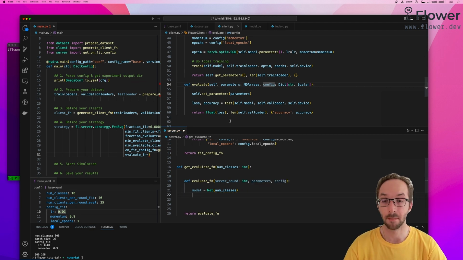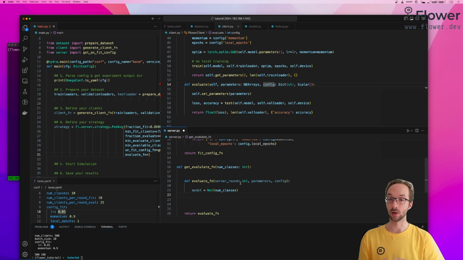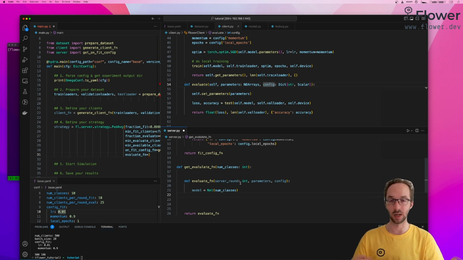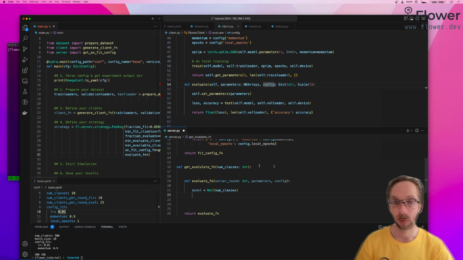Then we might, because the server is not part of the virtual client engine, therefore it's not part of, strictly speaking, the simulation. So there is not a sense of what resources the server will use. Is my simulation exposing the GPU to the experiment? Yes, no. And because of that,